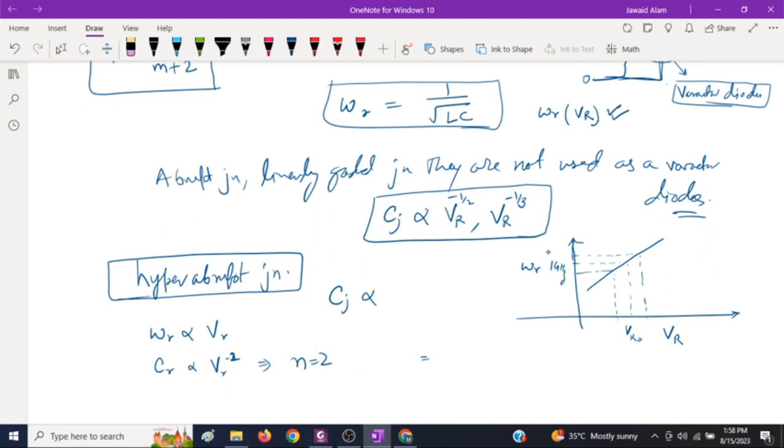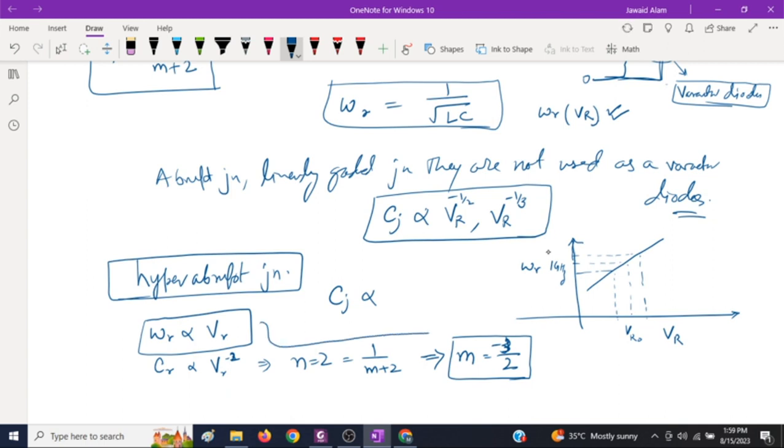n is equal to 1 by m plus 2, and hence people found that if we can have m equal to minus 3 by 2, that will become 1 by 2, so n is 2. So m equal to minus 3 by 2 is a profile which will give you omega r proportional to VR. That is back calculated. You want a resonant frequency proportional to VR, and hence from this equation you can say that